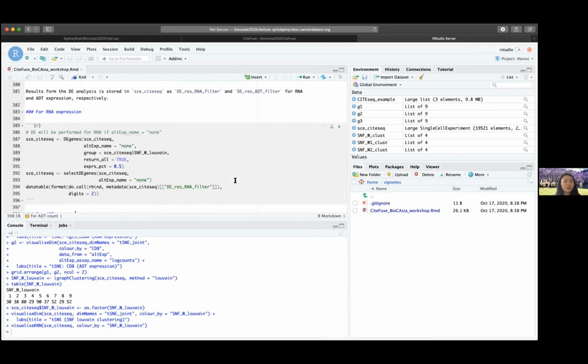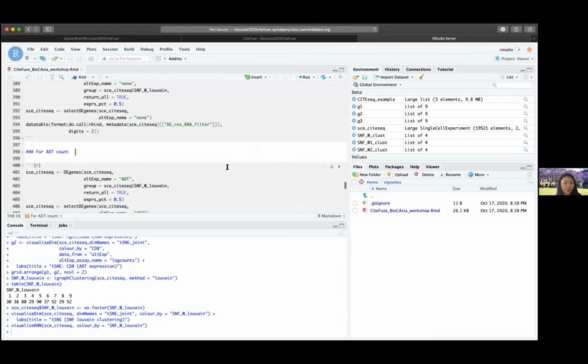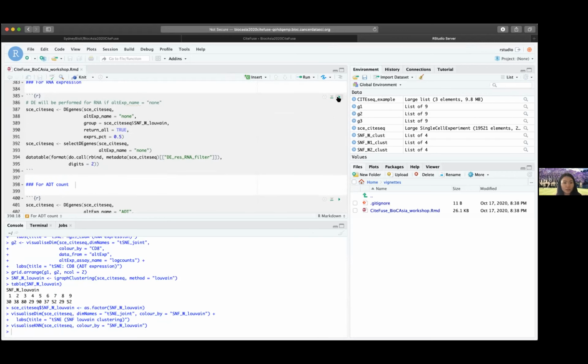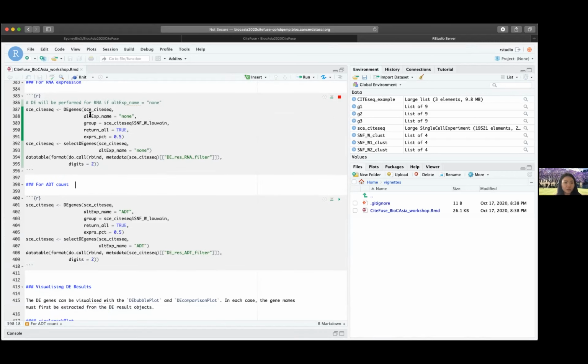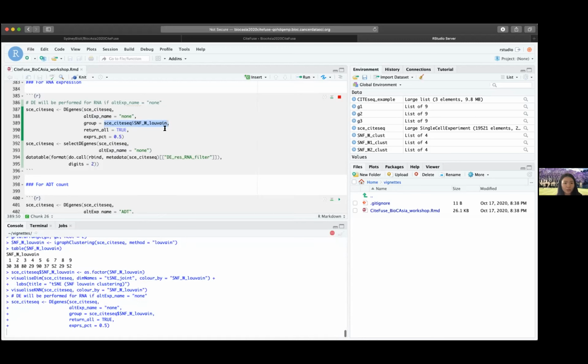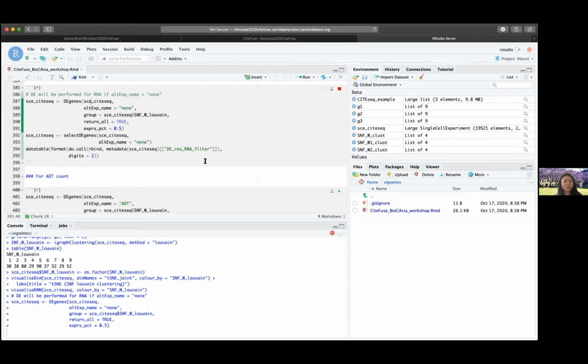So we can perform the DE on the RNA expression as well as on the ADT expression. Here we only need to specify, if it's performing on the RNA-seq, we just set the alternative expression as none. And then we also need to specify what group we want to perform the DE on. So here we use the Louvain clustering results. And yeah, this sometimes takes a